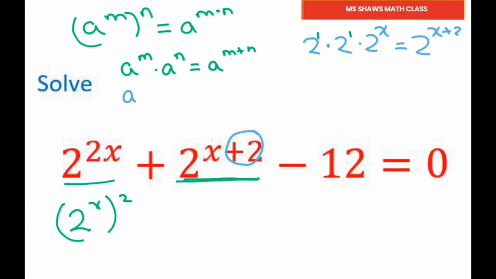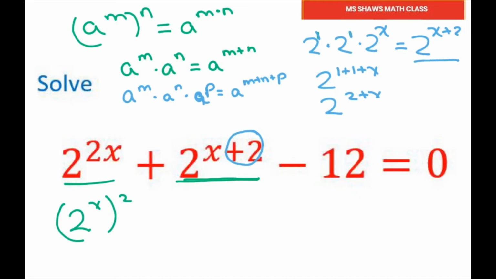If you had 3, a to the m times a to the n times a to the p, that would be a to the m plus n plus p. So basically, if I had two 1's here, that would be 2 to the 1 plus x, which is 2 to the 2 plus x, which is the same as that. So I'm going to rewrite this. 2 times 2 is 4, so I'm going to write this as 4 times 2 to the x minus 12